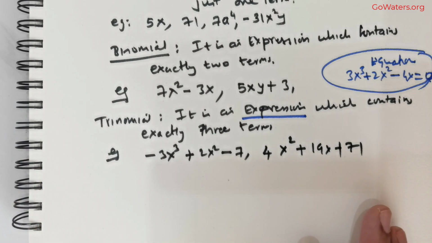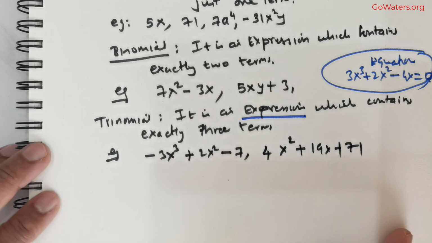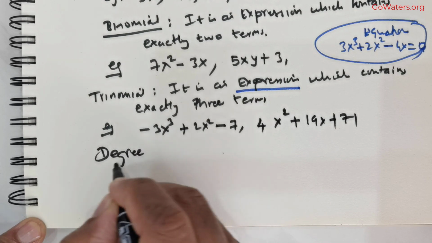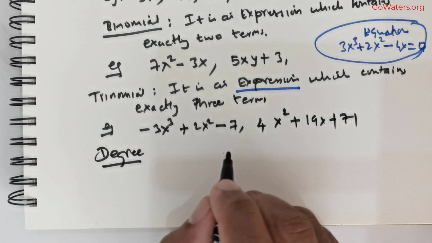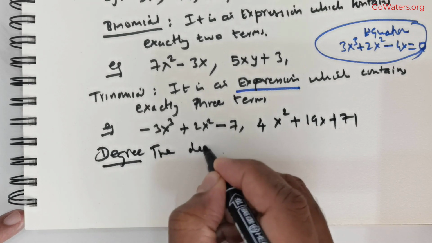Having given you these illustrations, of course you can go on by increasing the terms. It now becomes imperative that you understand the term degree. This is a very important concept in polynomials. So what is the degree? Let me state that here. The degree